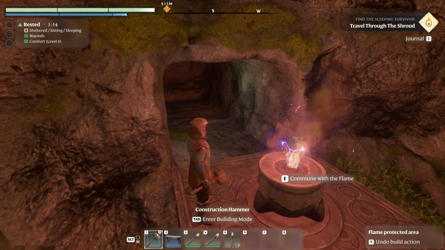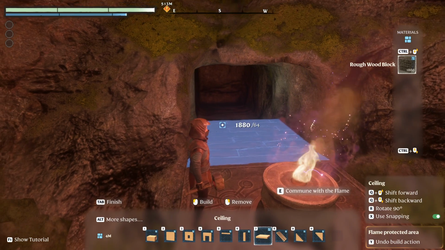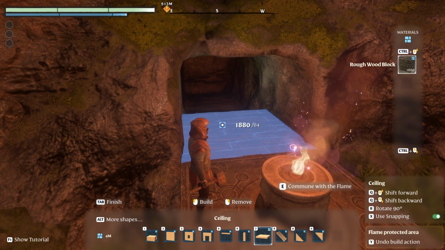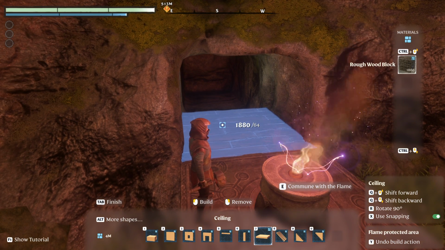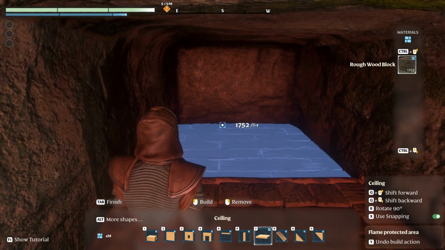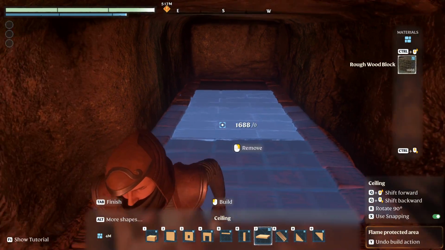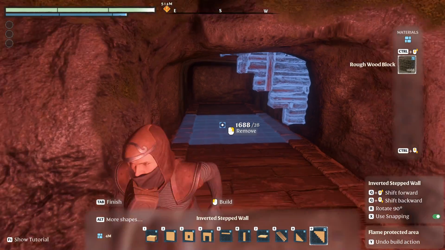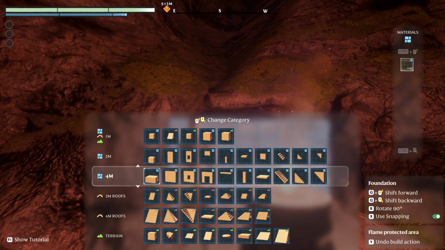Now, the second method, which is the one you can do very quickly, is this. If you've got wood blocks or any other type of blocks, the game doesn't mention this, but it actually destroys the terrain underneath it when you place it. So you can build one of these frames here. The first one here under the...